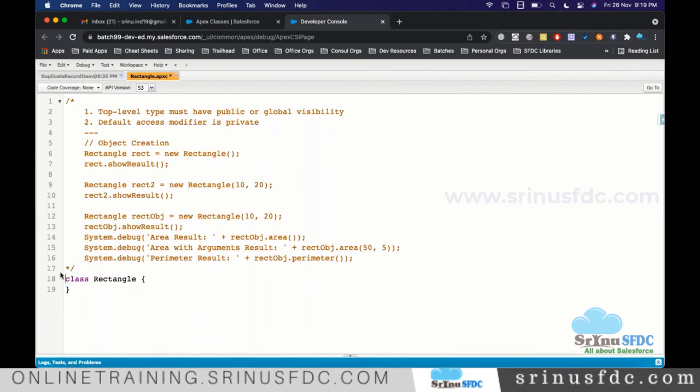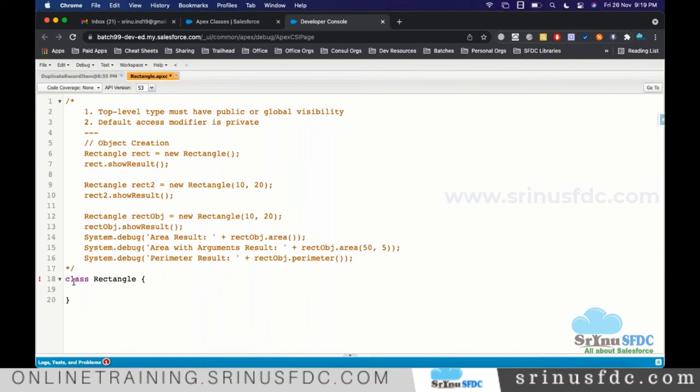And this is the body of the car. Inside the body, all the elements will be there, right? These two brackets are like the body of a car. So now the company is manufacturing the car. Are they going to sell to the public or only manufacturing for internal purposes? They're going to sell to the public. This class, whatever we are developing, should be publicly available within the organization.